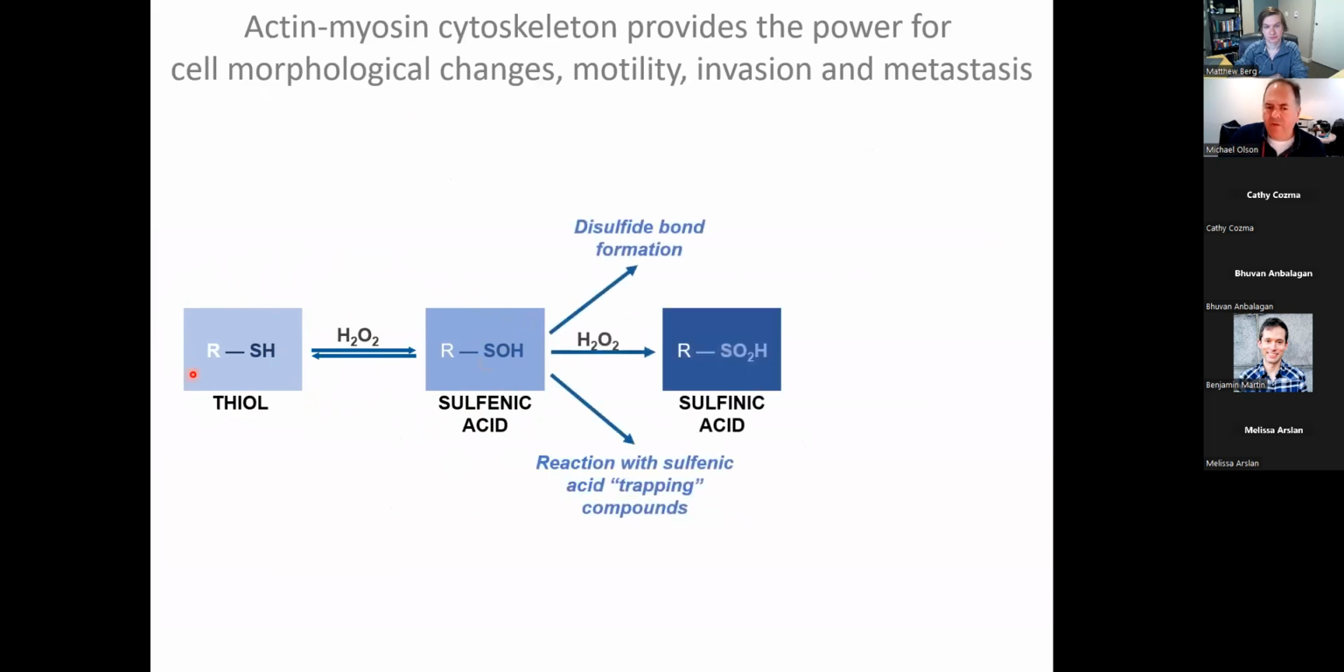But if you have another molecule of hydrogen peroxide, there's kind of three fates that can happen. You can have further oxidation to one which has two oxygens. This is called sulfinic acid. The sulfenic acids can form disulfide bonds between cysteines, and that's where you get that kind of bridging between proteins or even within domains of protein. And then in terms of experiments, something that one can do is react the sulfenic acid with trapping compounds. And I'll talk about that a bit more,